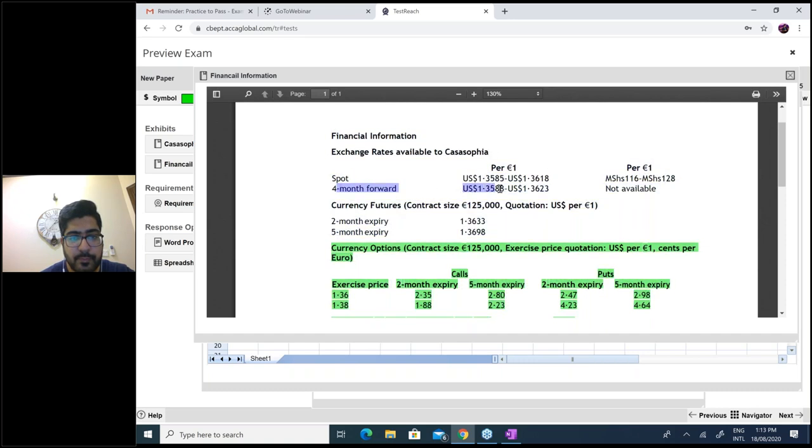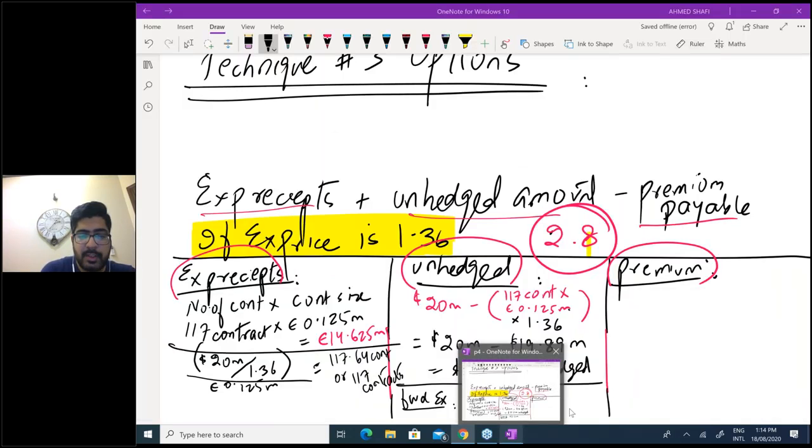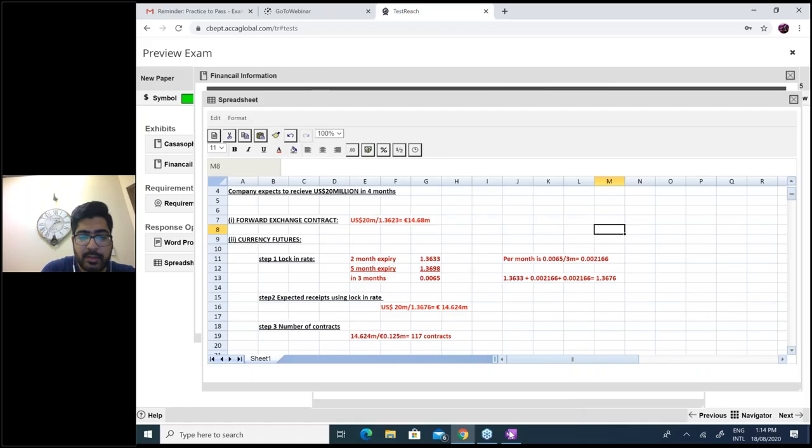Right? Since you are going to hedge this through forward exchange contract, only use the forward rate. It's an indirect quote, so you need to divide. Lower buying, higher selling. 1.358 is lower buying, higher selling. So 0.11 million is the receipt unhedged. Hedge it through forward exchange contract. So divide.